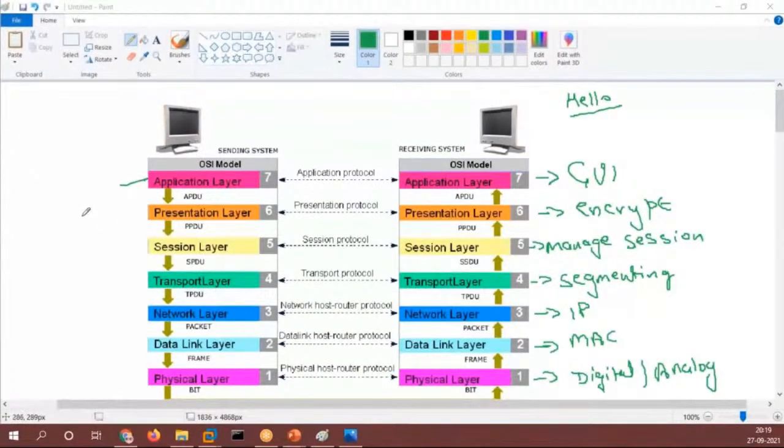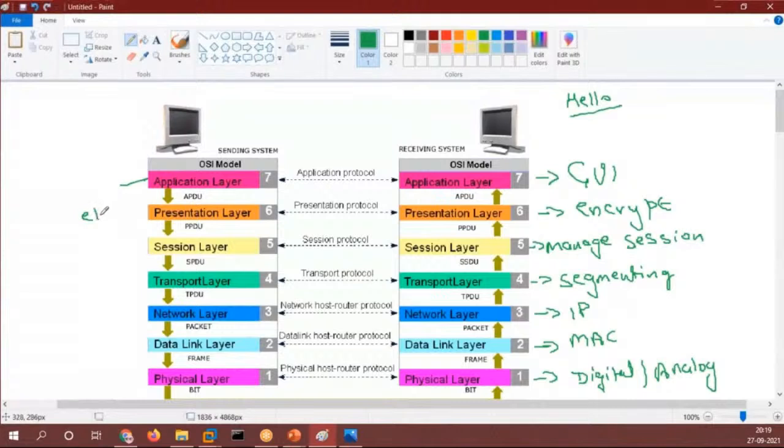Your hello will be encrypted. Encryption means changing something into gibberish. So that is your encryption.